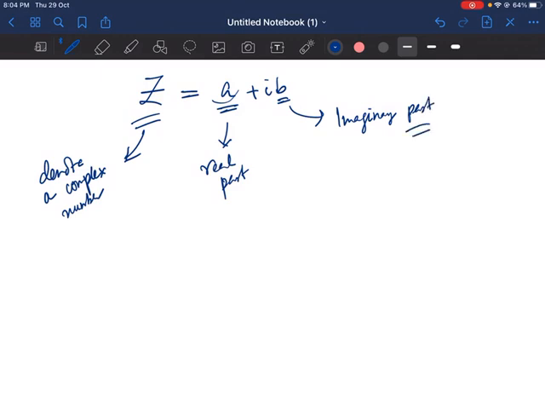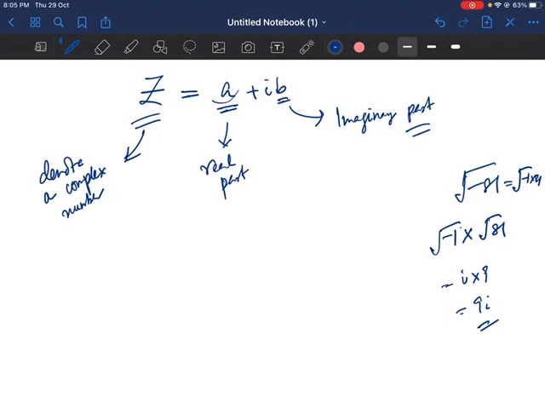Now if I ask you what is the square root of -81, how will I write that? I can write this as the square root of -1 into 81. So this square root gets separated: square root of -1 into square root of 81. The square root of -1, we know, is iota. I write i, and the square root of 81 is 9. So this is nothing but 9i. It's an imaginary number.